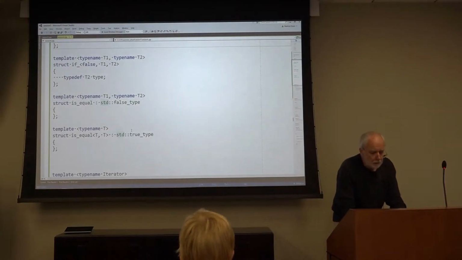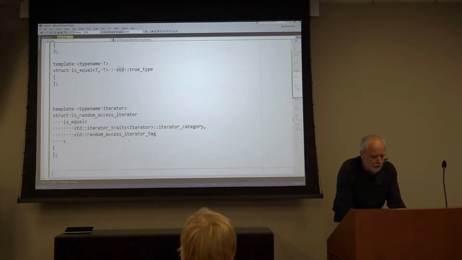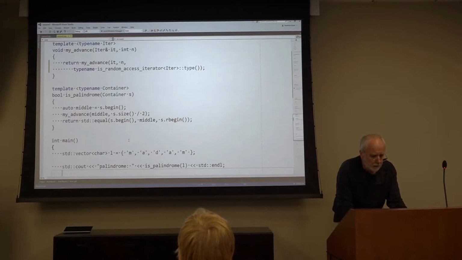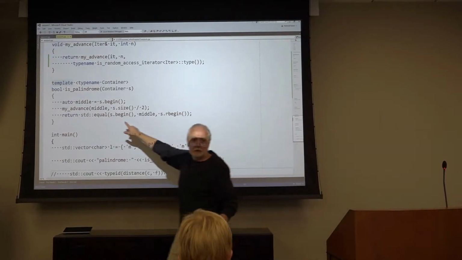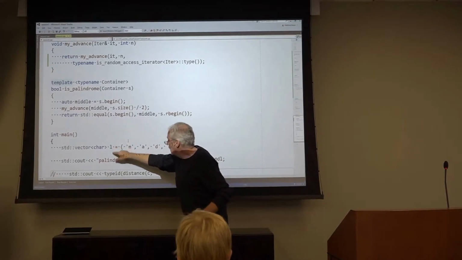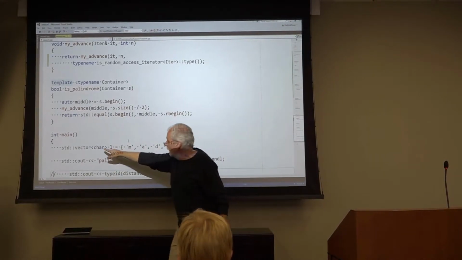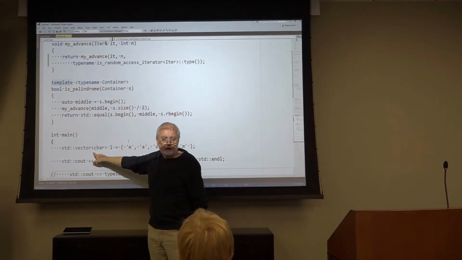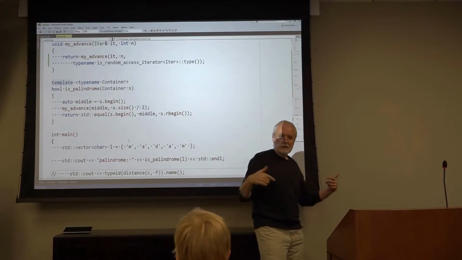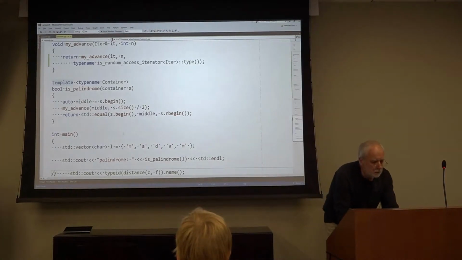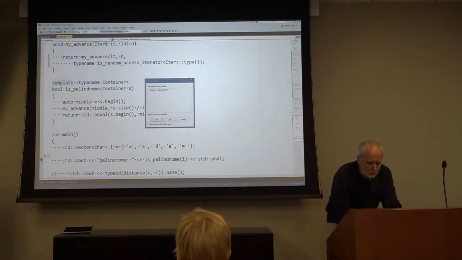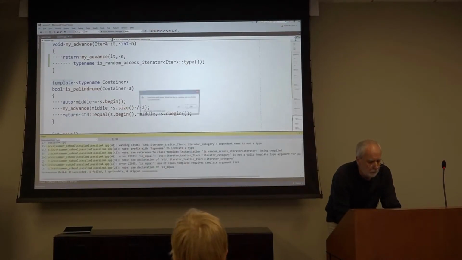So now let's see if our code really works. My advance. And I left the palindrome function in here because we were using the advance here. And now let's invoke the palindrome function with a vector of chars. And the iterator of a vector of chars is a random access iterator. So let's see if we end up in the proper place. Let's set a breakpoint here. Compile the thing. I hope